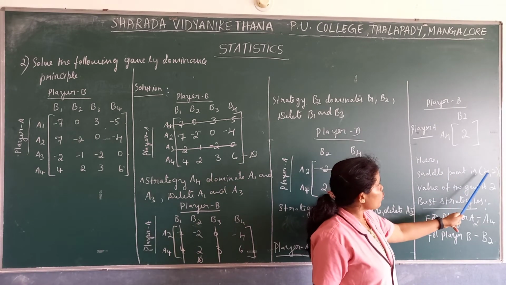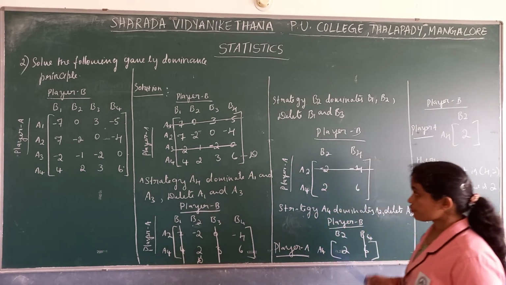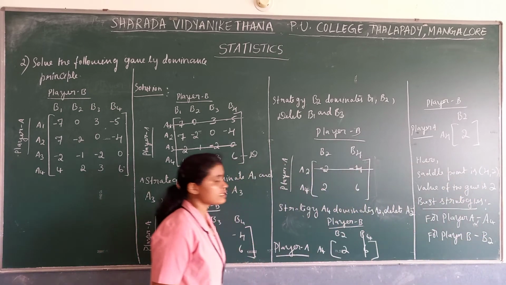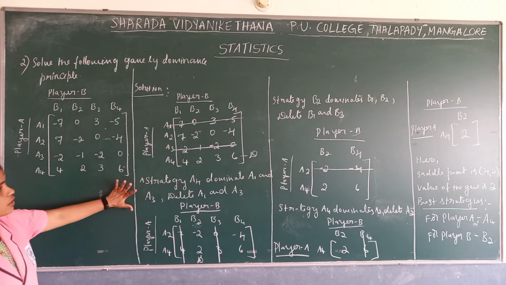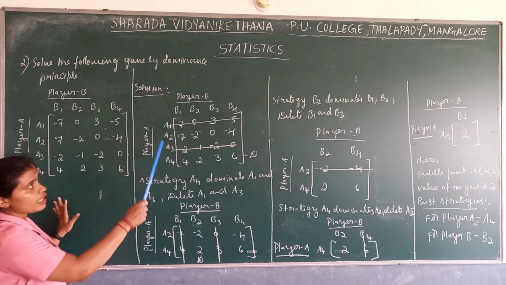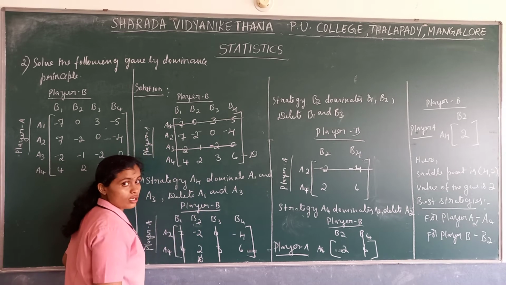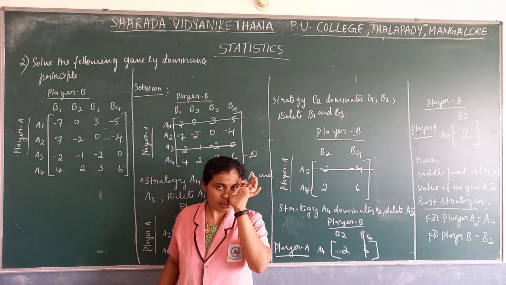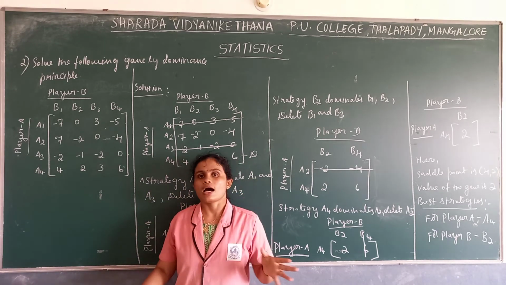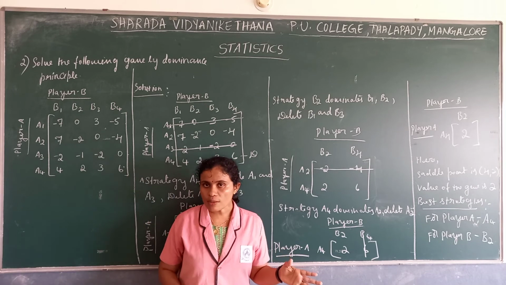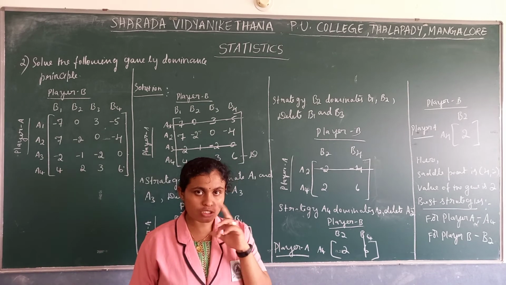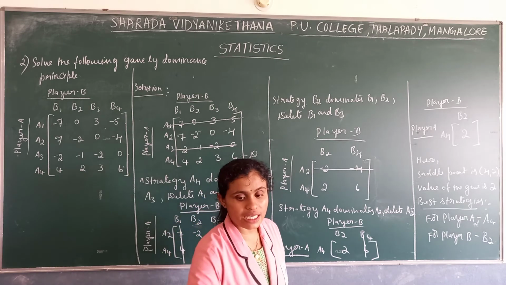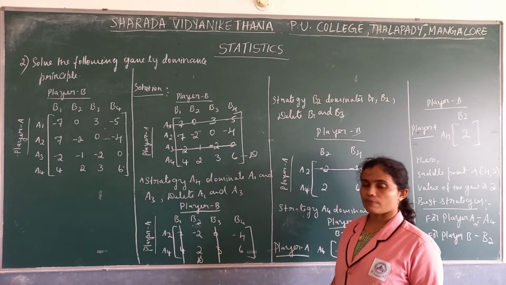Now, I hope you are clear about this. Clear in the sense that on an average you might have understood. It is easy, not a very difficult problem. Firstly we go row wise, then column wise. Row wise, the largest row is the dominating one, and you delete the others. Column wise, the smallest column is the dominating one, and you delete the others. Now we can see some other problems.